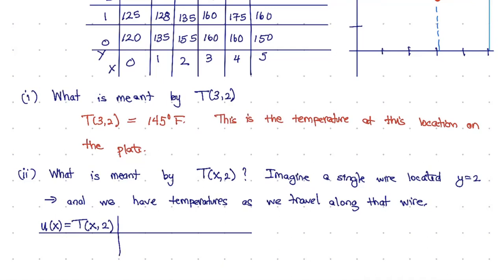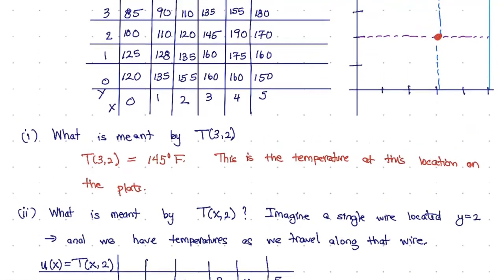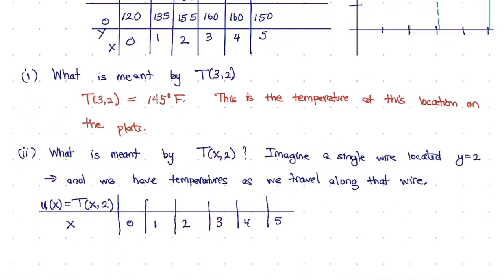And since y is always equal to 2, x is the thing that can vary, so we can look at x is equal to 0, 1, 2, 3, 4, and 5. And based on the table, we look at this line specifically, since this is the measurement of the temperatures when y is equal to 2. And so our measurements are going to be 100,